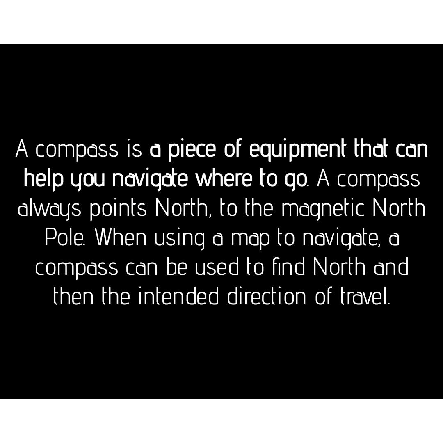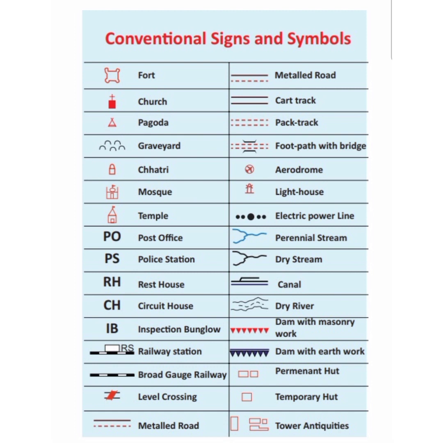Now let's see symbols. Symbol is the third most important component of a map. It is not possible to draw a map of the actual shape and size of different features like buildings, roads, bridges, trees, railway lines, etc. So it is the symbol that helps you show them by certain letters, shades, colors, pictures and lines.